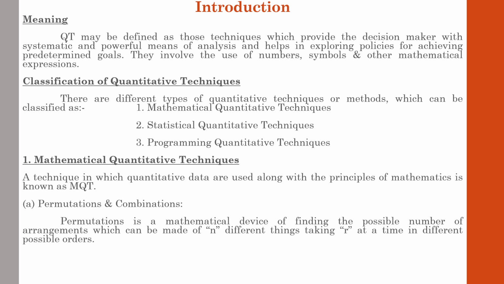The concept of permutation means, for example, if you are given 4 alphabetic letters and you are allowed to take 2 alphabet letters at a time, how many combinations or arrangements can be made? For example, if you are given 4 letters B, I, N, U and you are allowed to take 2 letters at a time, how many combinations can be made? BI, IB, NU, UN, and likewise. So that is the concept.